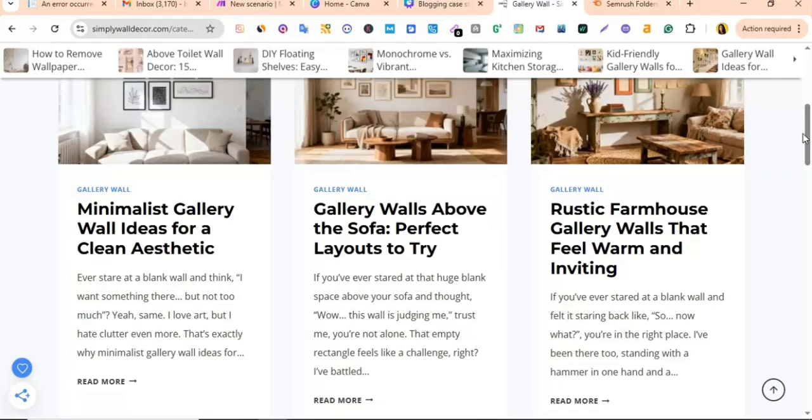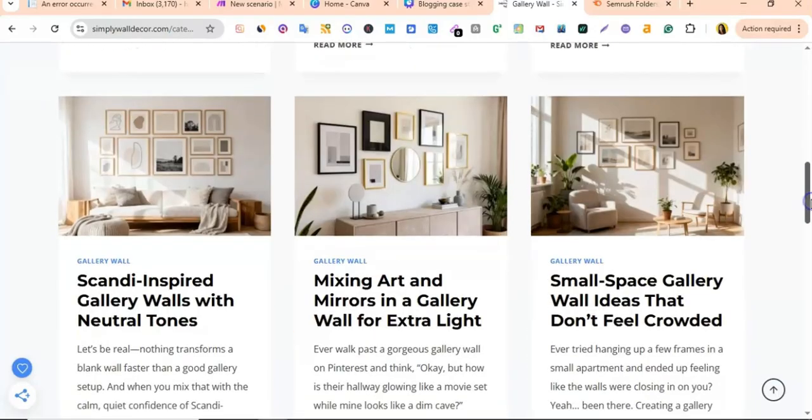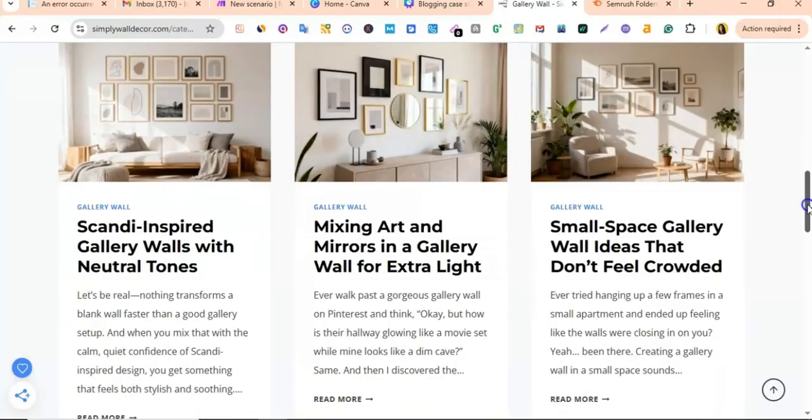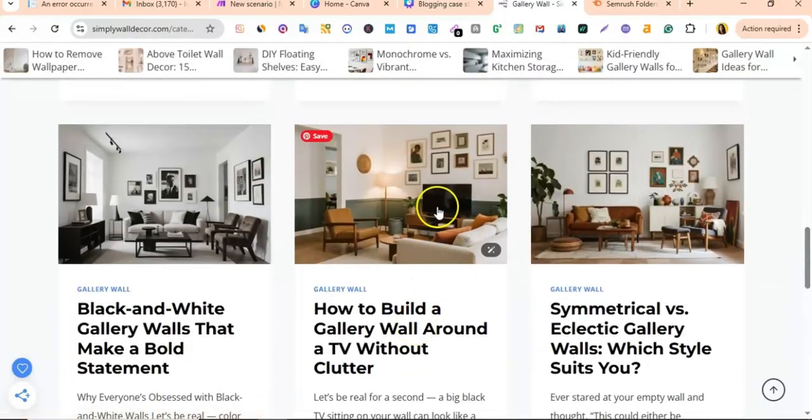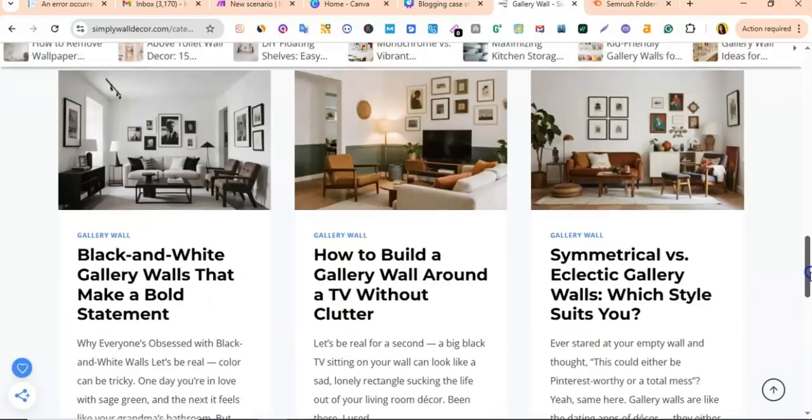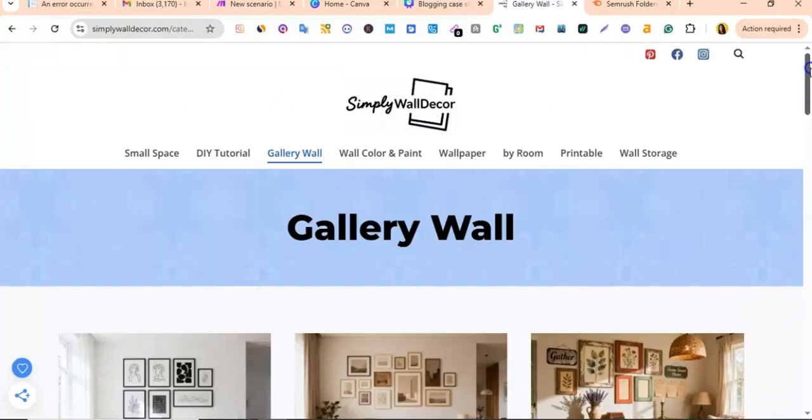Like if they want to decorate their gallery wall, or if they want image ideas, because most people come and want to check the images in this niche. People want to see the images. So if you create content with the images, or with AI videos that show gallery wall designs, it eventually helps the people who are actually searching this.